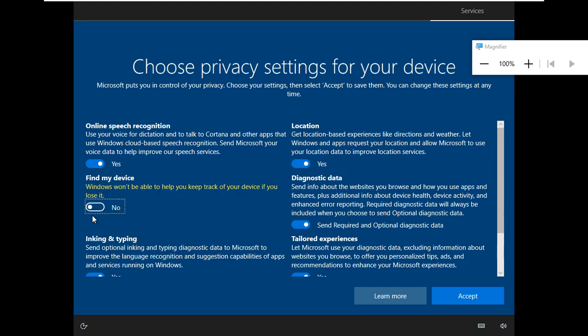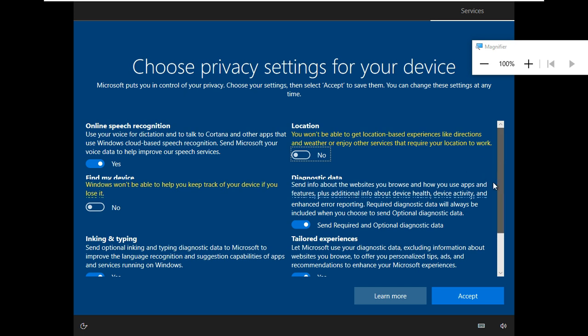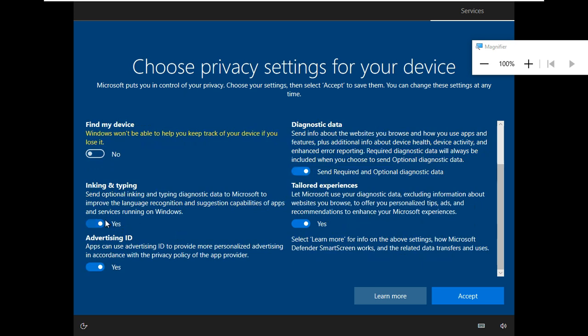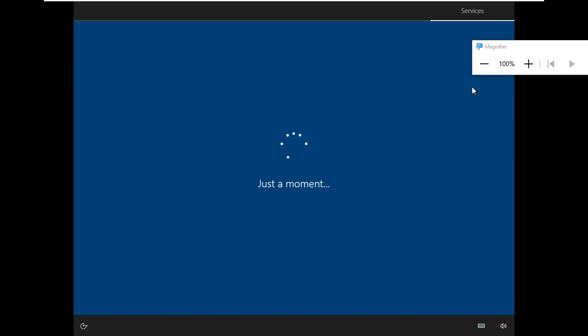Find my device, location sharing, weather forecasting are not required. Online speech recognition is needed because Cortana is involved. Ink and typing is required for a physical machine, but here it is not required. You can select or delete some things, just to show you. Accept.